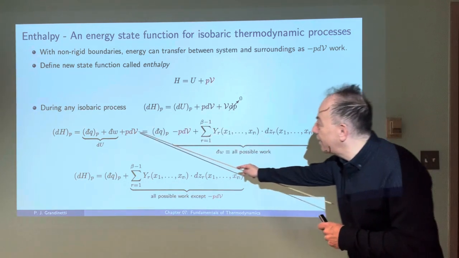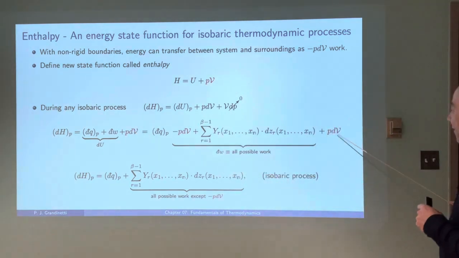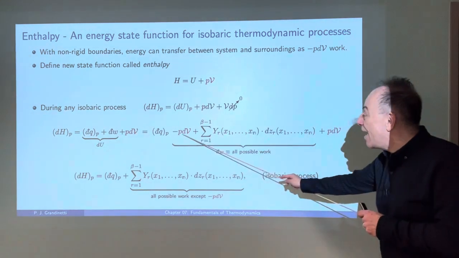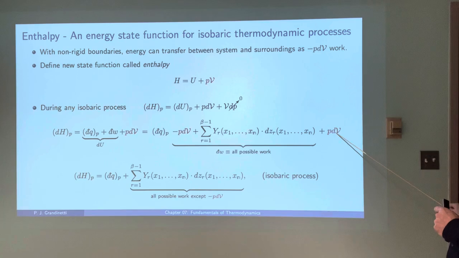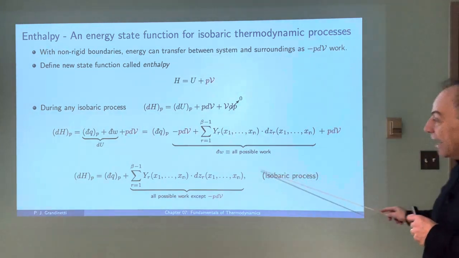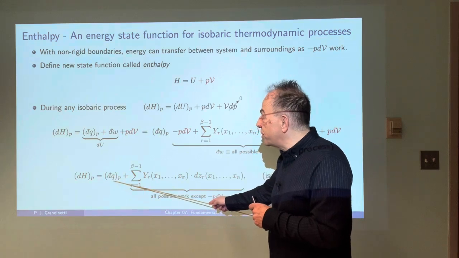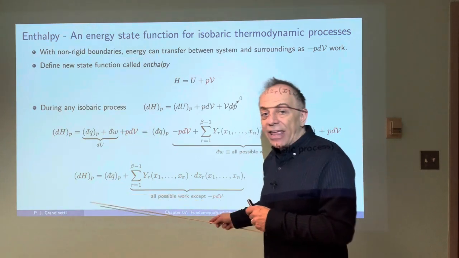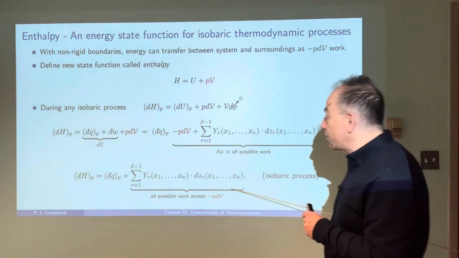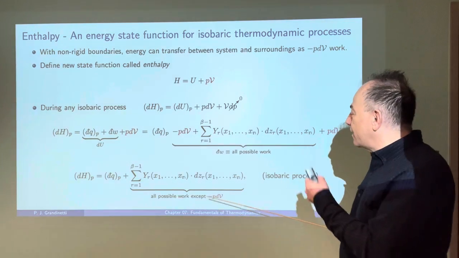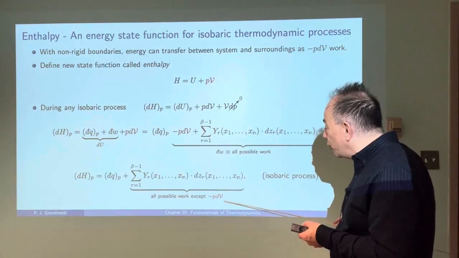And remember that here we still have this plus PdV, which will cancel this term. These two terms will cancel each other, and we'll be left with an enthalpy expression where dH is equal to just the differential flow of heat plus all this work that could happen, except it excludes the